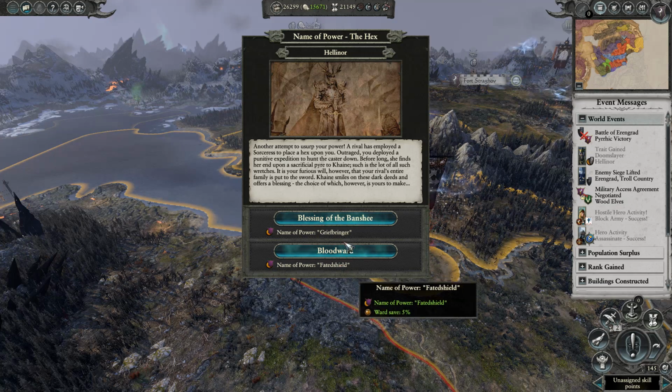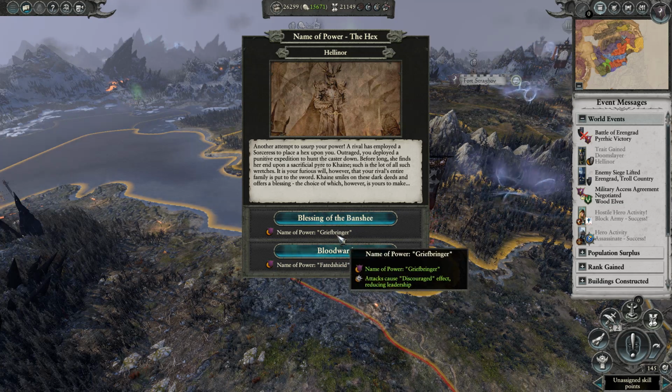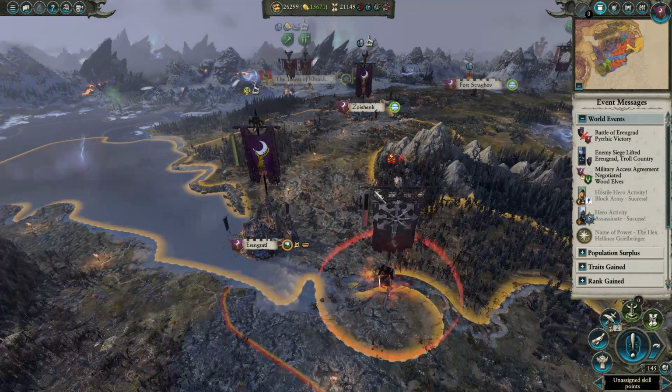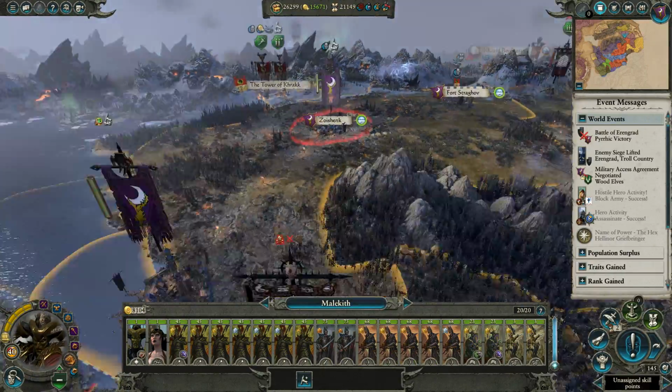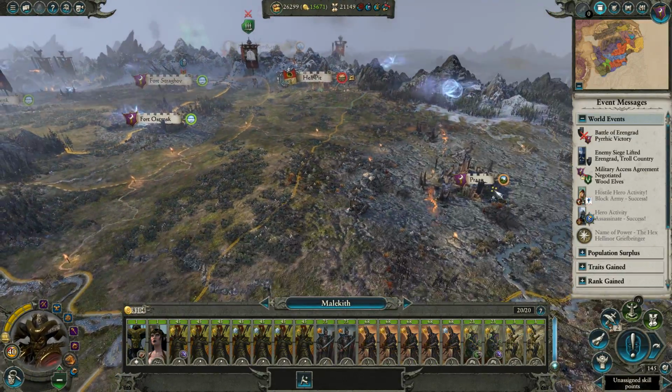Well, neither of those are particularly interesting, but I guess Grief Bringer? Because a discourage effect might help. Let's go for Blessing of the Banshee. Hellinor Grief Bringer. Cruelty and violence. Indeed. Malekith. Now, looks like you might be heading for...